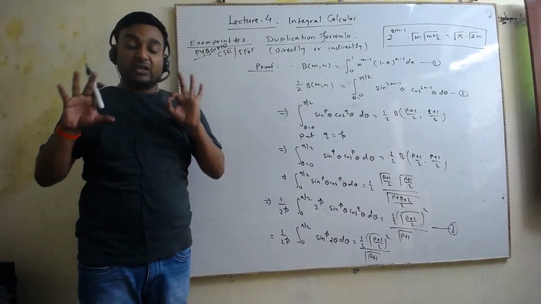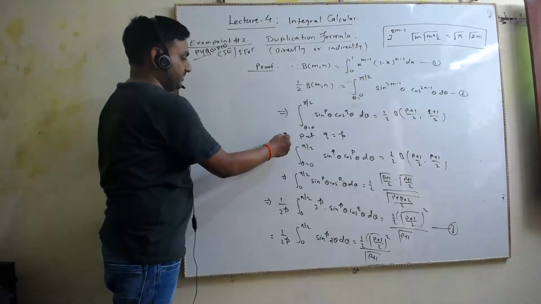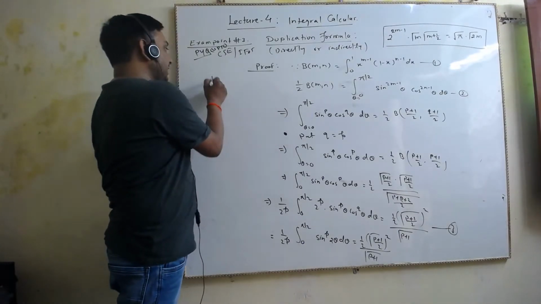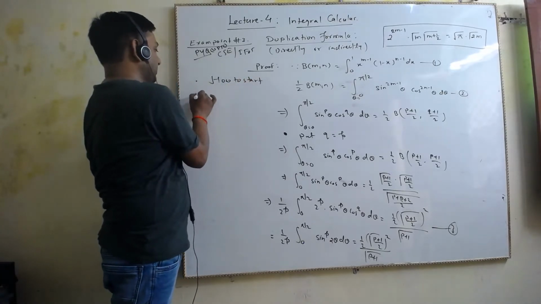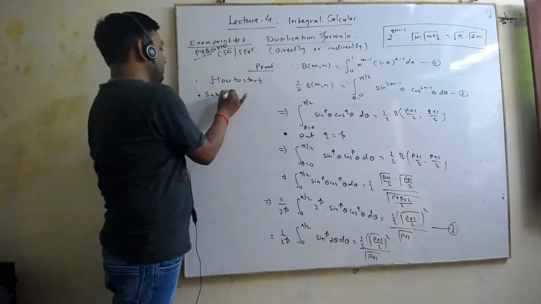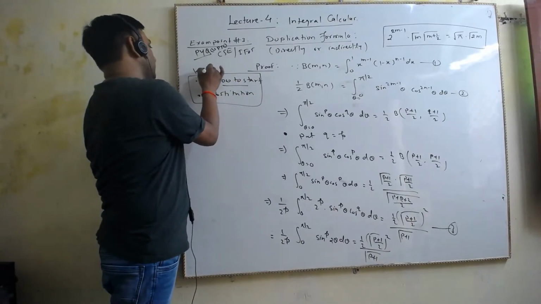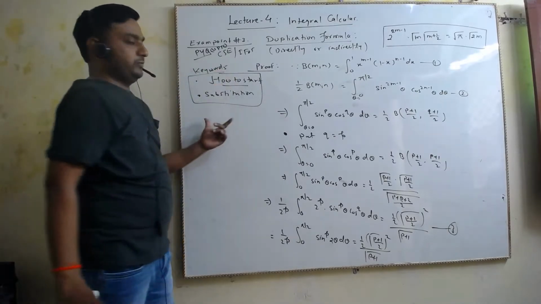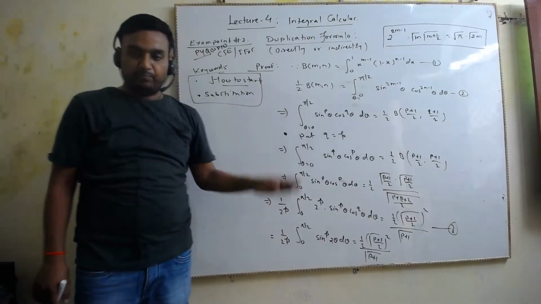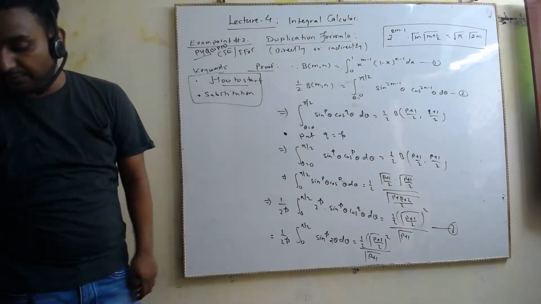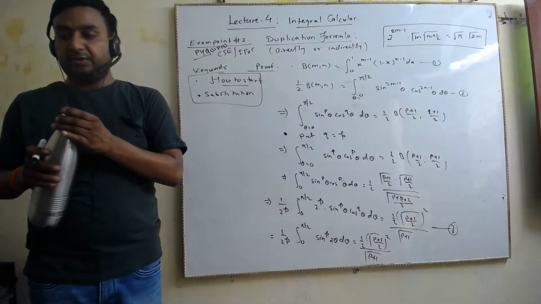Duplication formula is very easy to prove if you remember the substitutions like this. Okay? How to start? First thing, how to start? And substitution. Okay? These are some keywords to help you. Right? Now please note this much. I will write further. Please write down fast, everyone. Now just replace p and we have all done.